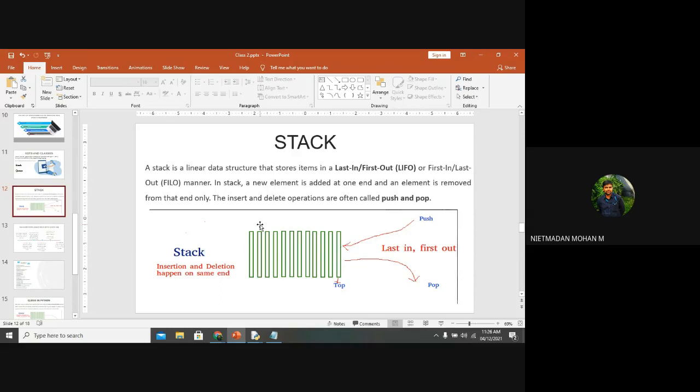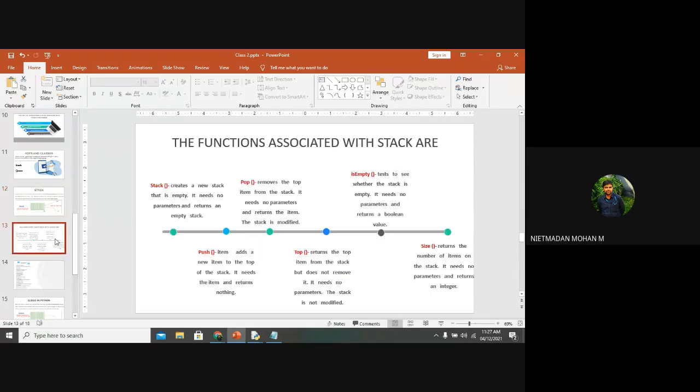What is the size of the stack? 12. Yes, the stack size is 12. And suppose you want to represent in your programming that the stack should be of size 12. After getting the 12th element in the stack, if you push a 13th element, then the stack will not accept it. It will display a message that the stack is full, or you can't insert a new element. So likewise you can give a message also.